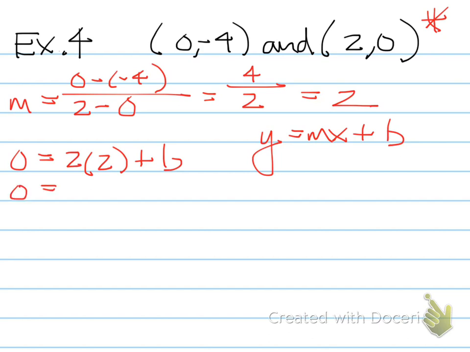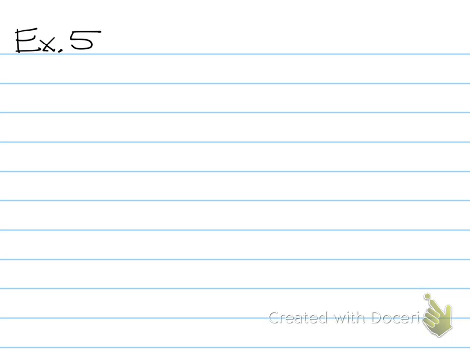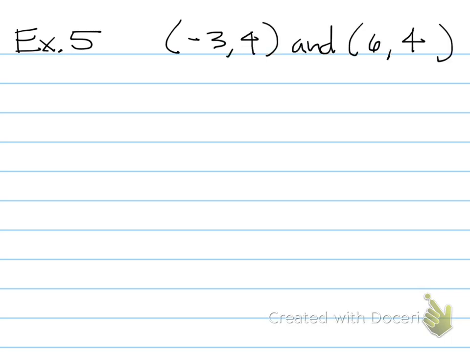2 times 2 is 4. Subtract 4 from both sides, and we get b equals negative 4. Plug in the slope that we calculated as well as the y-intercept, and we get y equals 2x minus 4. And last example,